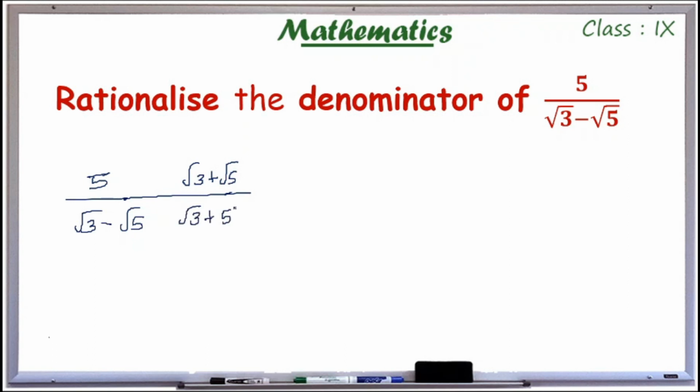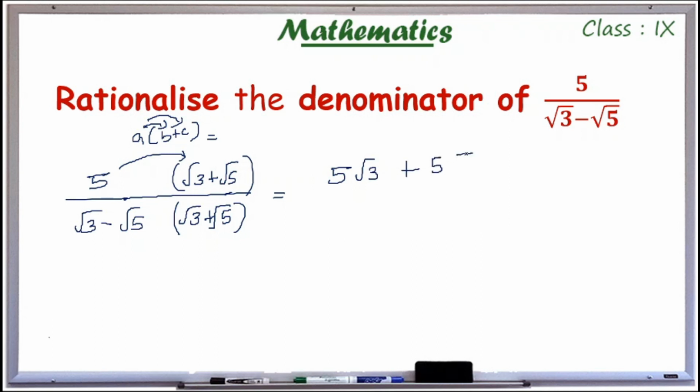So multiply root 3 plus root 5 on both sides, both numerator and denominator. 5 into root 3 plus root 5. So it is of the form a into b plus c, which is equal to ab plus ac. We have to multiply it to both terms. So the numerator becomes 5 root 3 plus 5 root 5, divided by